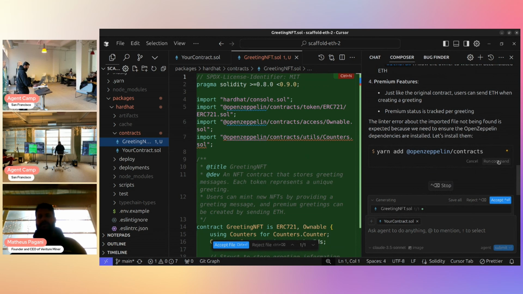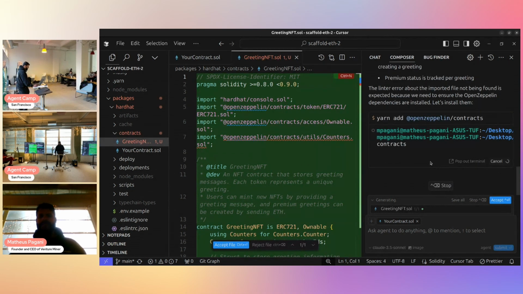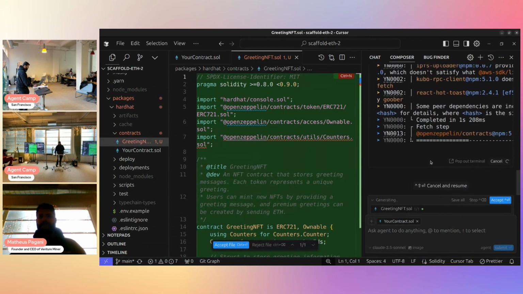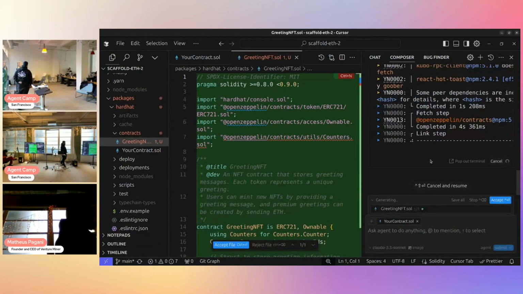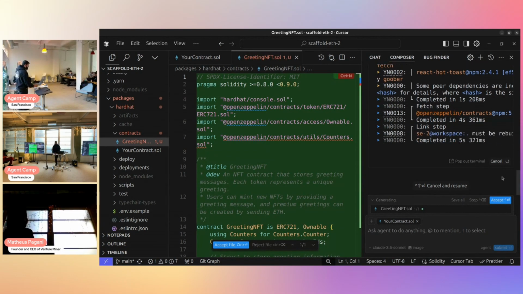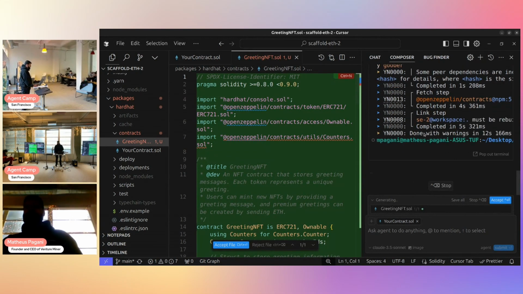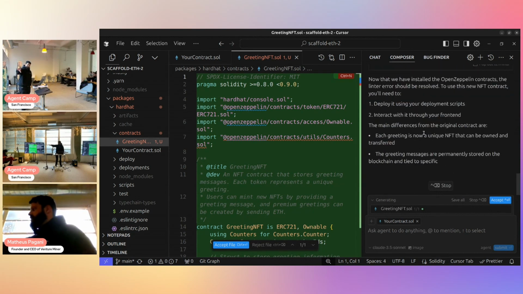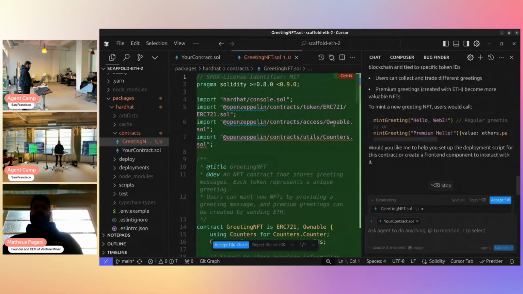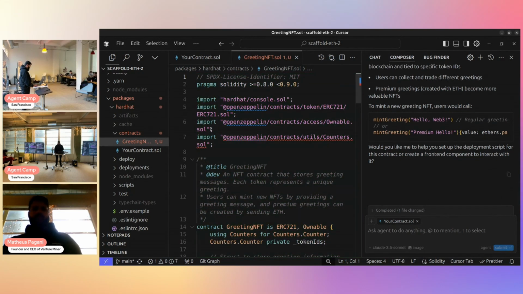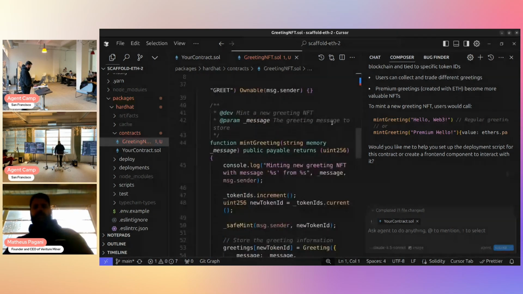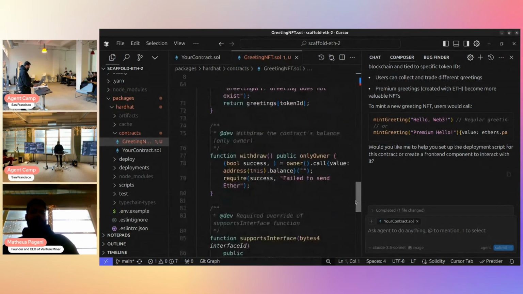It's running this command. Let's see if it can add. Remember, the agent has this power. It can run commands on your computer. It can run scripts. It can suggest you install packages. So this is a coding agent that is going to be like a peer programmer. Now it's trying to fix the errors in the code. Let me see. Accept. Still have this counter problem. Okay, gotta fix that myself.